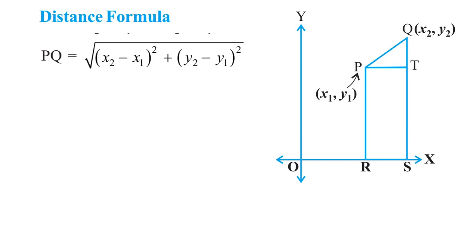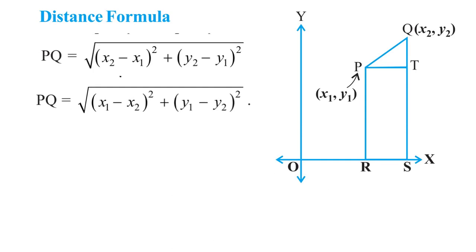You can write x2 minus x1 as x1 minus x2 also. Why is that so? Because anyway the whole thing is getting squared. So even if you land up with a negative, when you square it, it's going to get positive. So great going. This completes the lesson on knowing what the distance formula is, and we have seen how to apply the distance formula in some of the problems. Remember this distance formula. For the upcoming videos, we will be learning more on using the distance formula in different